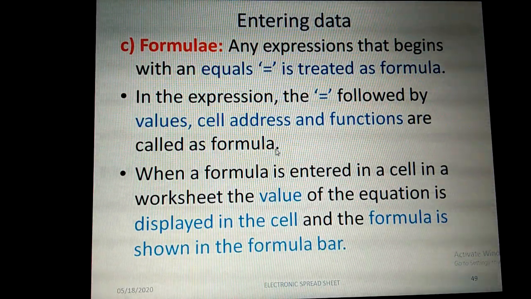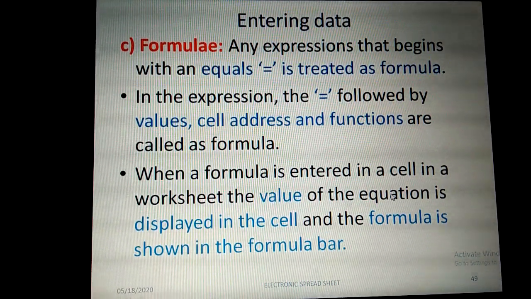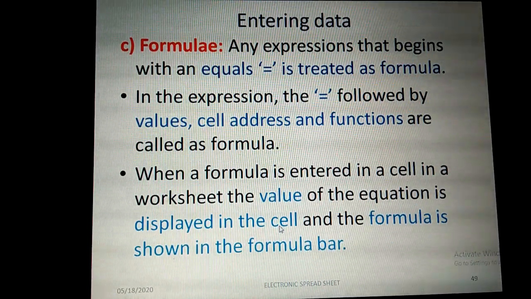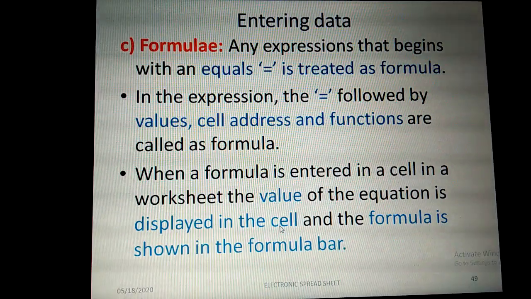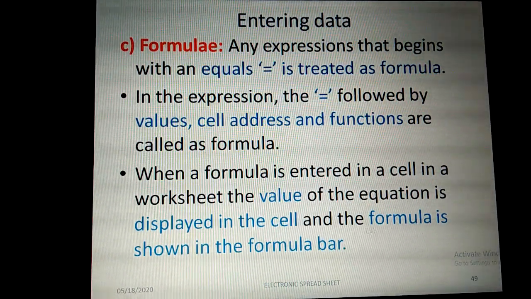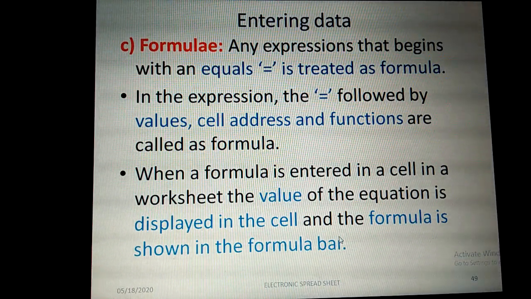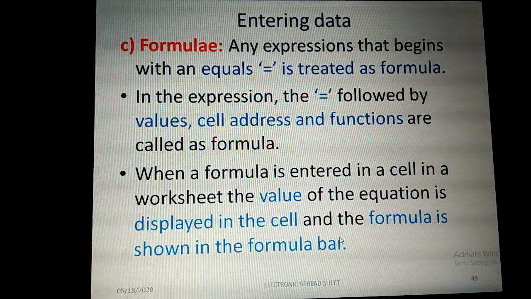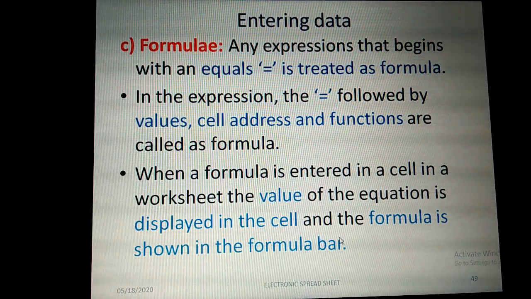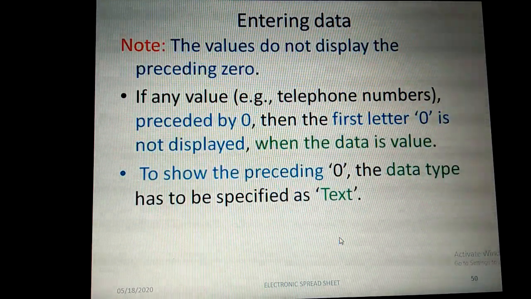When a formula is entered in a cell in a worksheet, the value of the equation is displayed in the cell. So whenever you enter a formula, its value is displayed inside the cell, and the formula is shown in the formula bar. You can see the formula once you press the enter key after typing it. The value or result will be in the corresponding cell where you have entered the formula, and the formula will be in the formula bar once you get the result.